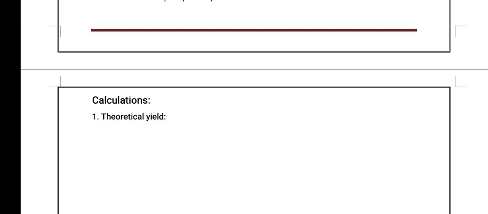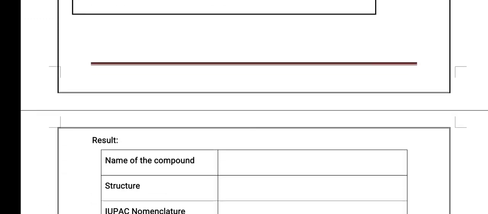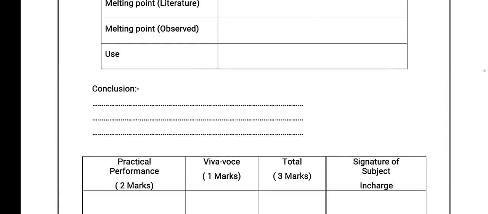Now the conclusion for this synthesis is that para-iodobenzoic acid was successfully synthesized, and the percentage yield and the melting point were found to be 60% and 273 degrees Celsius, because the standard melting point is in the range between 274 and 278. Okay, so this is the experiment of performing the synthesis of para-iodobenzoic acid from the Sandmeyer reaction.